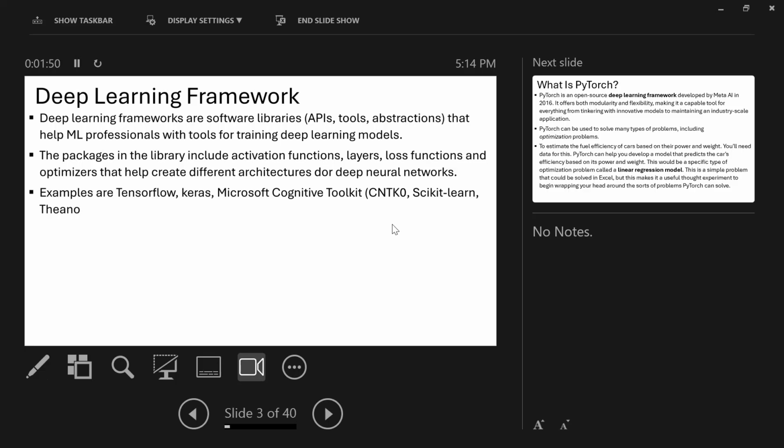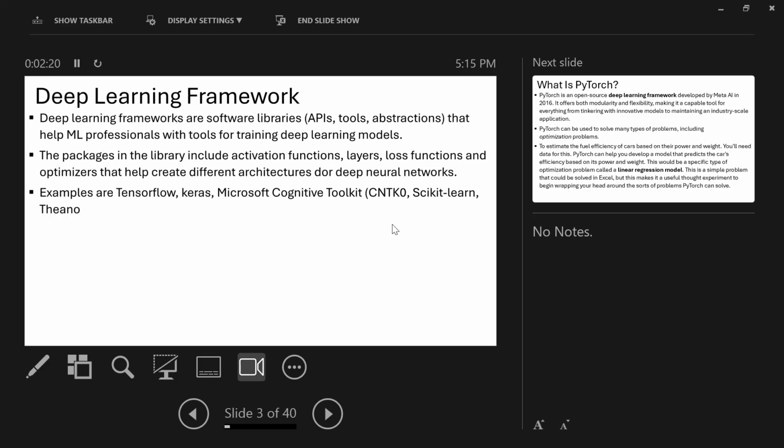So under Python, there are different deep learning frameworks that you can use to create the deep learning models you want to create. The framework we are going to be using in this course is PyTorch. But I want you to understand that PyTorch is not the only framework for deep learning.